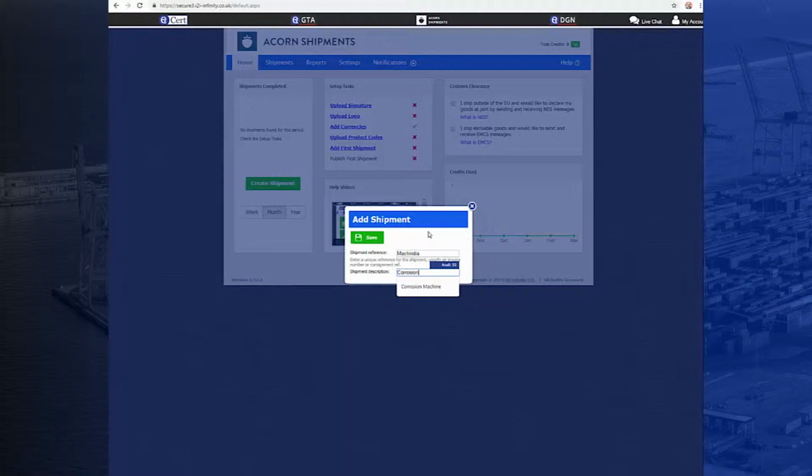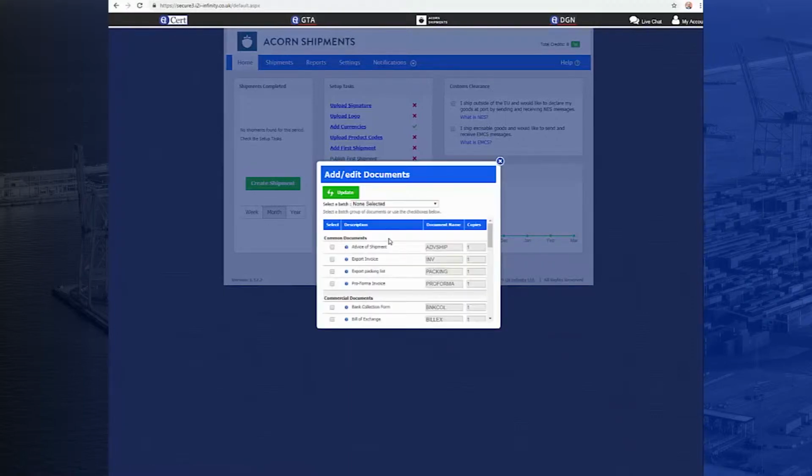This is a corrosion machinery piece of equipment, so corrosion machine is an aide-mémoire for us, and we save this. Everything that gets saved is on the cloud. We can now choose which documents we're actually going to want to prepare. So an advice of shipment, an export invoice,